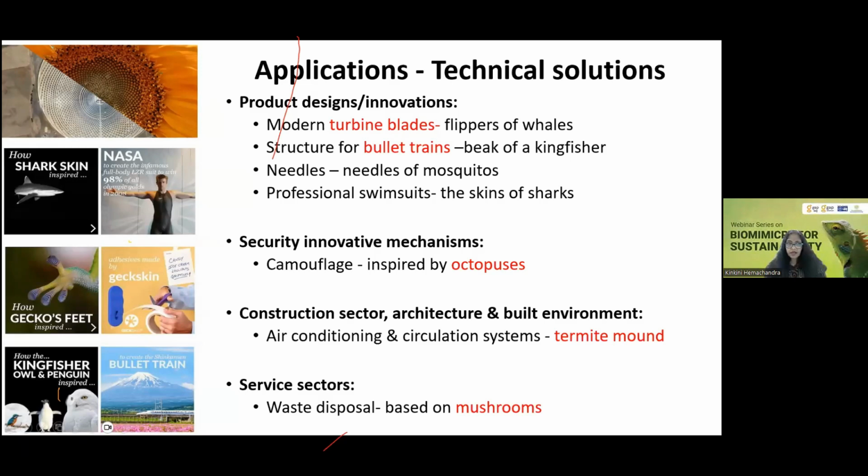Not only product design, but in different settings, security innovative mechanism. The octopus living in the ocean and sea uses camouflage just to get protection from any enemies. What do they do? How do they do that? The octopus releases some chemical, and it is a dye, so nobody can see where the octopus is. So that technology has been used in camouflaging during war or during some other activities or other security